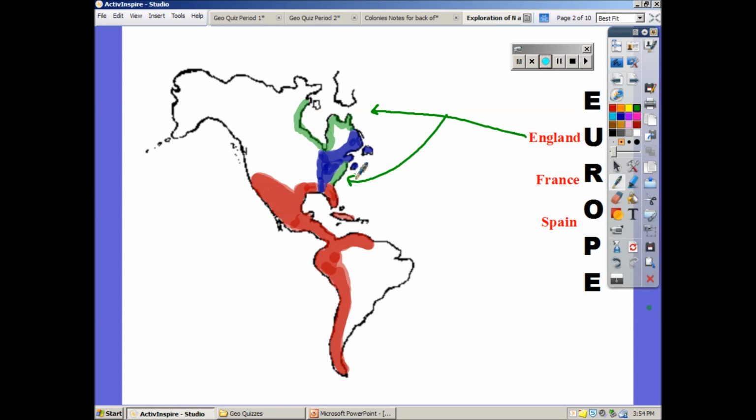Well, what the British realize is there's no gold in this place. Well, there's no beavers there either. So what do they do? Well, they're going to focus on business. And this all happens for the English beginning around 1585, but a better date here is 1607, when they finally established their first settlement, and we're going to talk more about it in the next set of notes. They're going to use business as their model, the joint stock company.